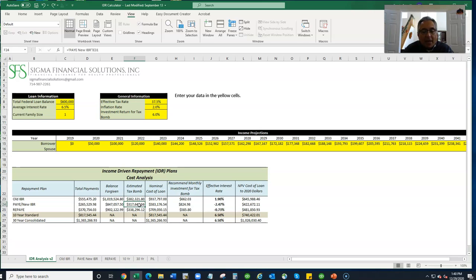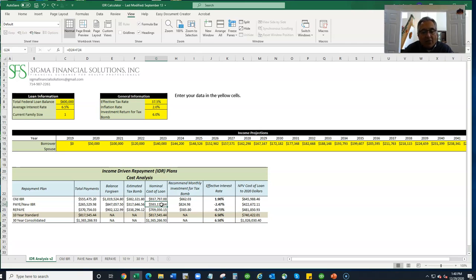Again, a lump sum payment. One of the concerns I have with the income-driven repayment programs is the estimated tax bomb. Are you properly preparing yourself for this lump sum payment due 20 years in the future for those individuals who are in PAYE or IBR? Now, the nominal cost of the loan is not the most accurate because it just tells you how much